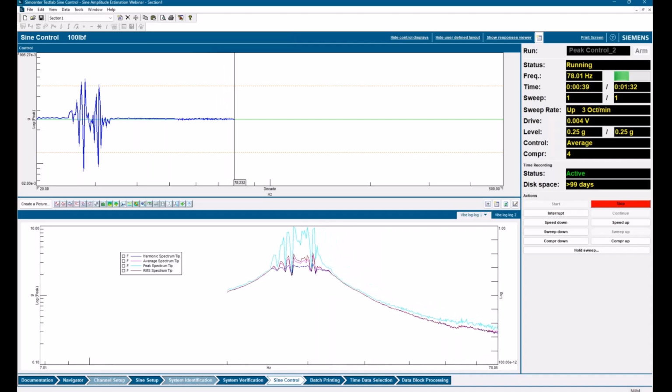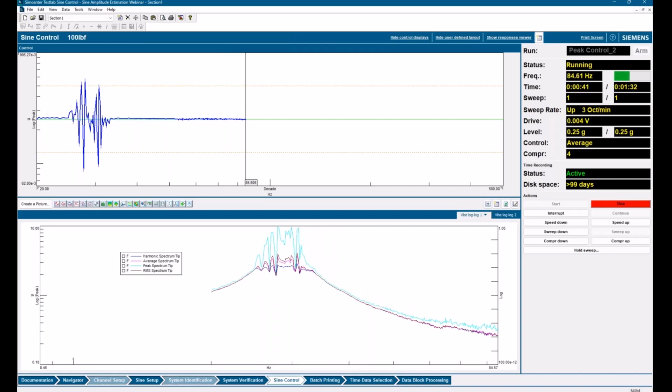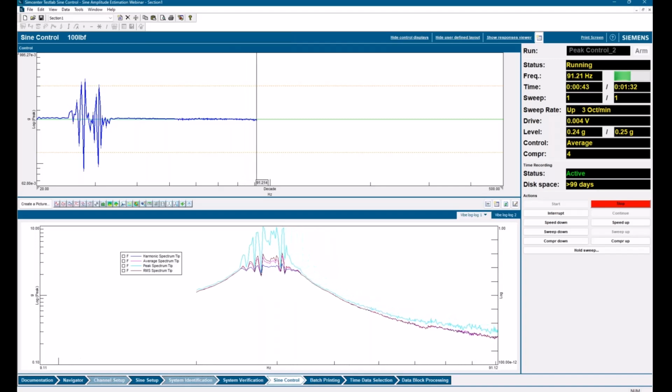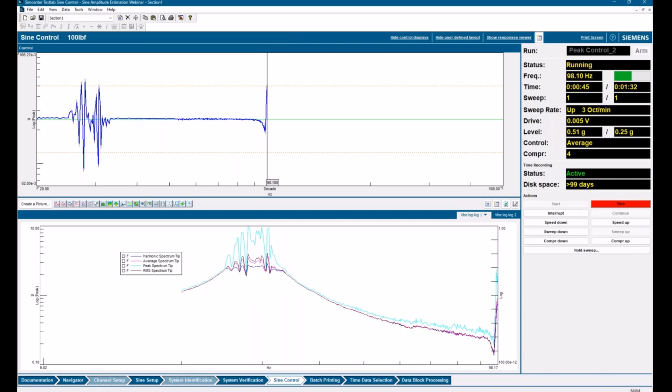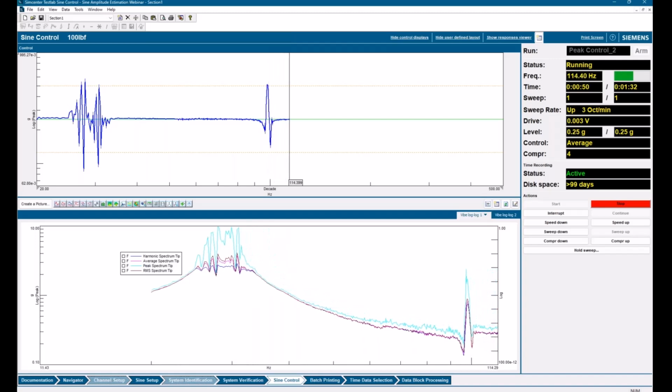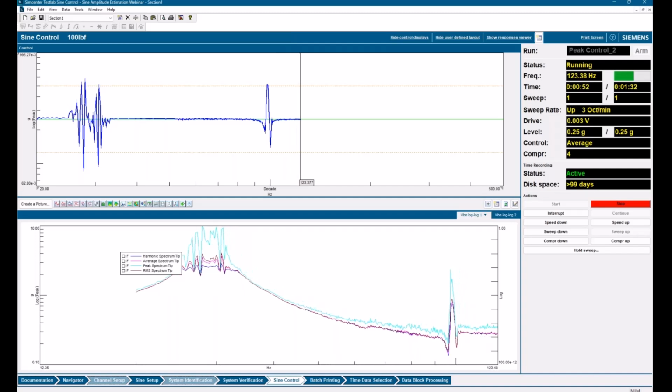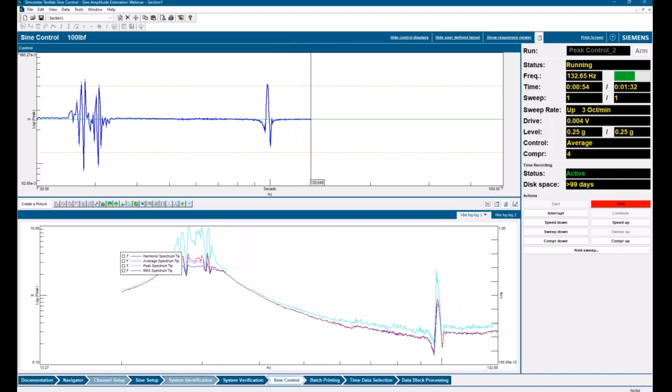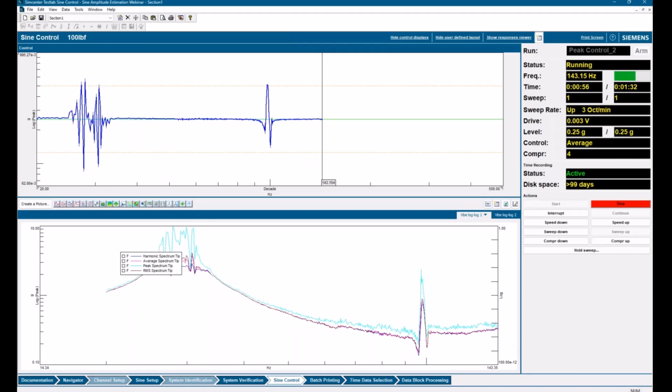So if you have any impacting or anything like that, which is exactly what I have going on here, peak has a hard time compensating for that kind of phenomenon.